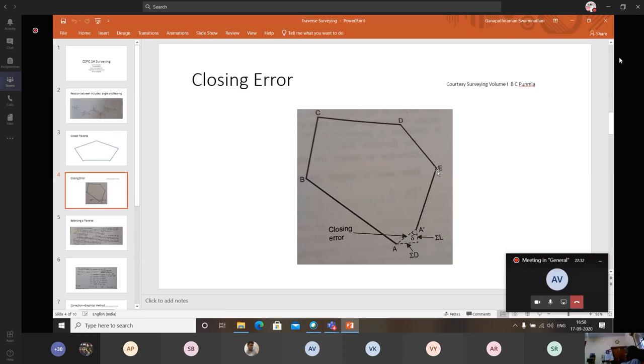Suppose I test 100 cubes, and the mix design is 20 megapascal. How many of the cubes are expected to fall below 20 megapascal? In a very crude way, I am telling you. 100 cubes I am testing. So not more than 5 should fall. 5 cubes should fail. Not more than 5 cubes should fail, sir.